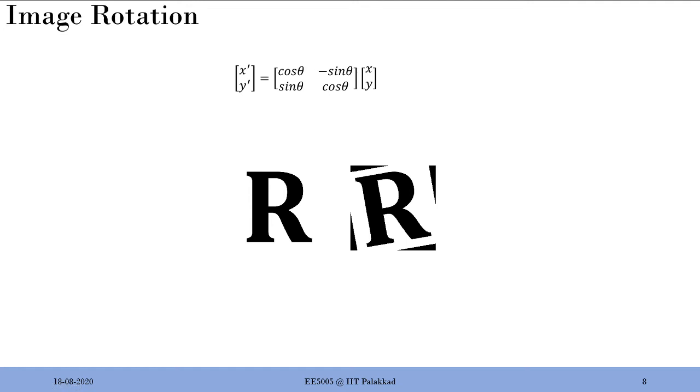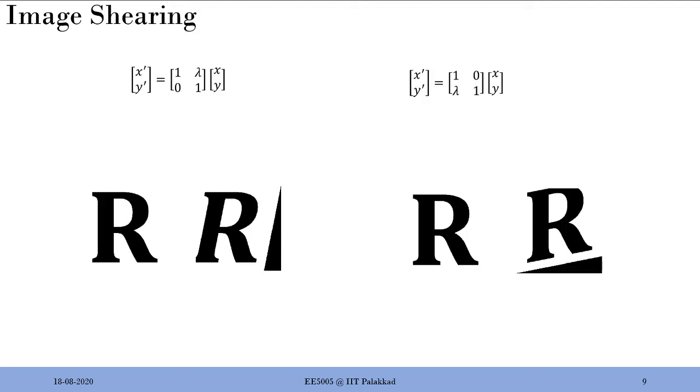Okay, let's move ahead. I hope it's very clear. So all you need to do is, you have the original xy locations, you use this rotation matrix to find the new x dash y dash locations. You have to map the intensity from the locations in the input image to the new locations in the output image, and for the remaining locations with unknown intensity, you do the process of interpolation. That's how the entire image rotation works.